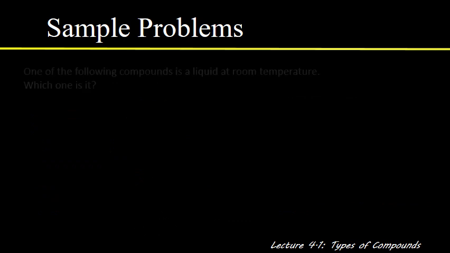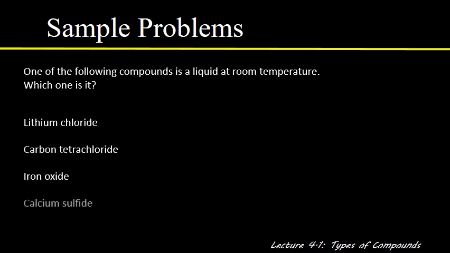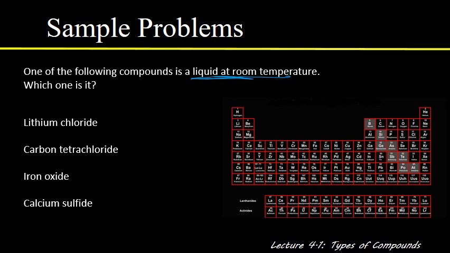Okay, let's try another one. We've got a list of, let's see, we're going to look at 4 different compounds. Lithium chloride, carbon tetrachloride, iron oxide, and calcium sulfide. And the question is, only one of these is a liquid at room temperature. Which one is it? All right. Well, we know that molecular compounds could be either liquids or solids, but ionic compounds are always going to be solids. So if we can identify the things that are ionic, we can rule those out as liquids at room